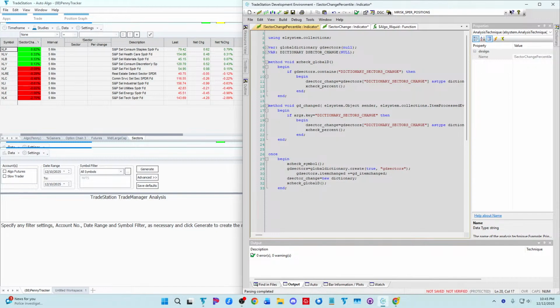Visual Basic, no, this is Easylanguage. This is Easylanguage with TradeStation. It's their proprietary programming language for TradeStation. So it's unlike anything else. Apparently they say that it's supposed to be